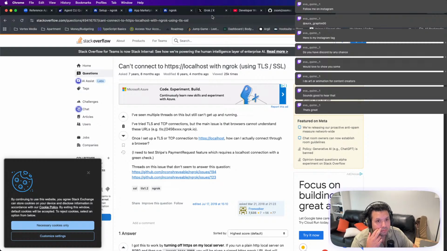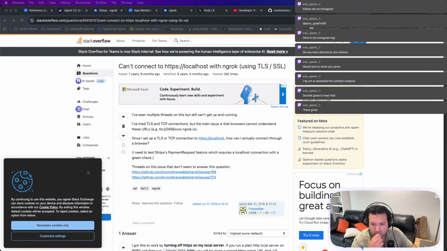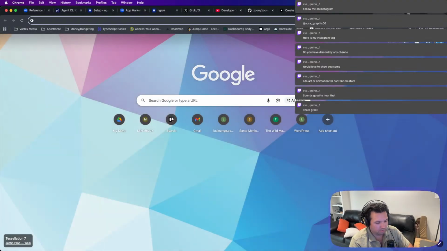Honestly not much help. Well, it says try HTTPS or looking at ngrok as a TLS termination option. Let's see, maybe that'll help.